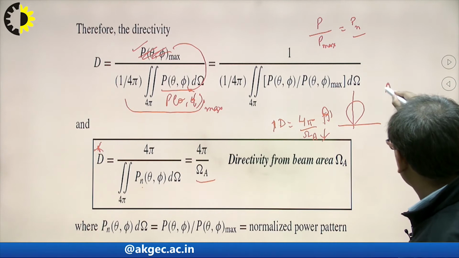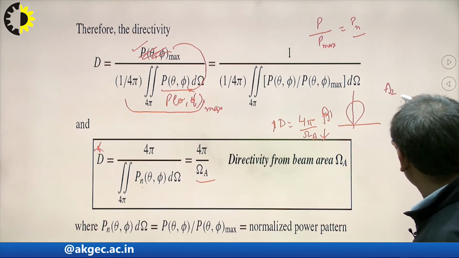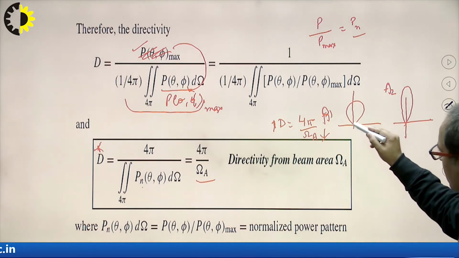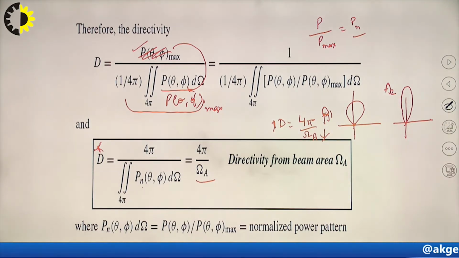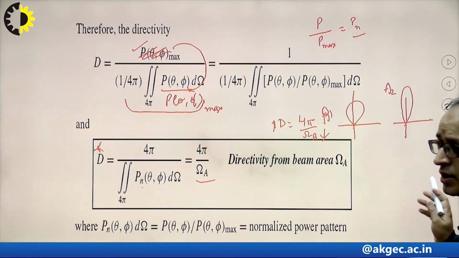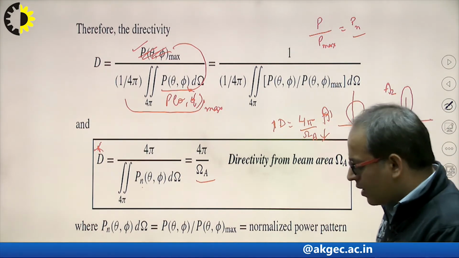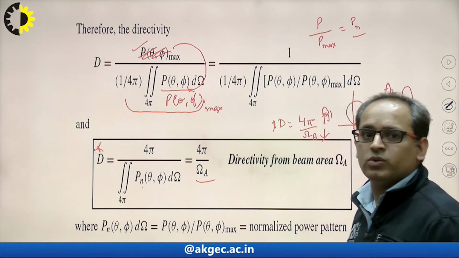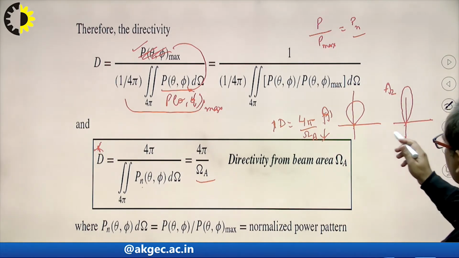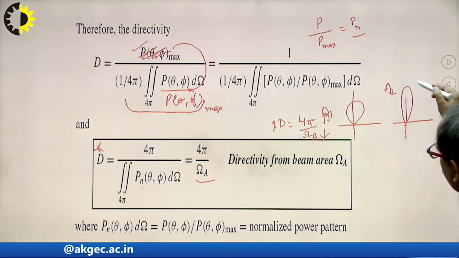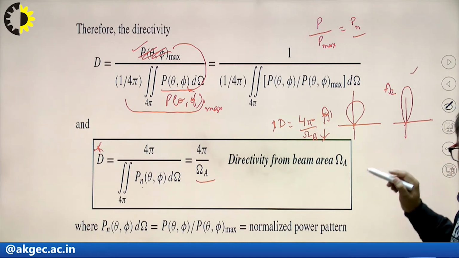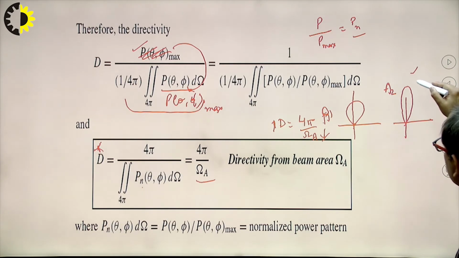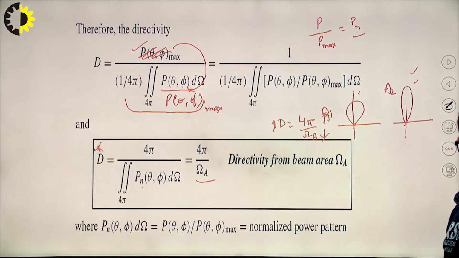You can also see here, let's say this is antenna 1 having this radiation pattern, and this one is the radiation pattern of antenna 2. How can you identify which one has the higher directivity? Directivity is how much power is radiated in a particular direction as compared to the other directions. So you can conclude that the directivity of antenna 2 will be higher. Why? Because the power concentrated in a particular direction is more as compared to this one.